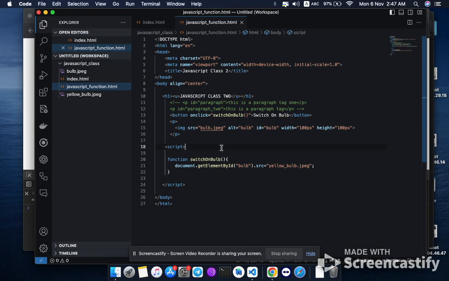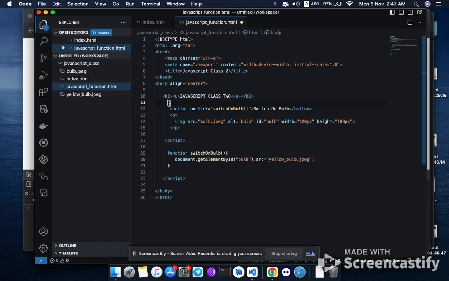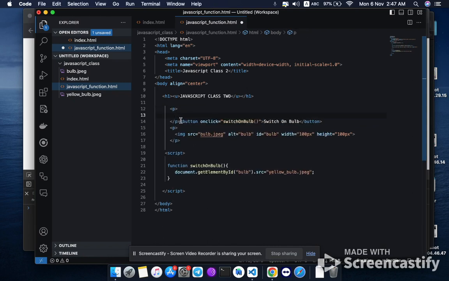So now, what can we do to change this? I've taught you how to change the inner HTML of something. So let's put this into a paragraph tag. Let us wrap this button inside the paragraph. So we will change the inner HTML. You can give this paragraph an ID. I told you your ID can be any name, but let us give it switch paragraph. You can just name it switchP, just anything you like. But what you name it here is what you use to reference it while calling it in